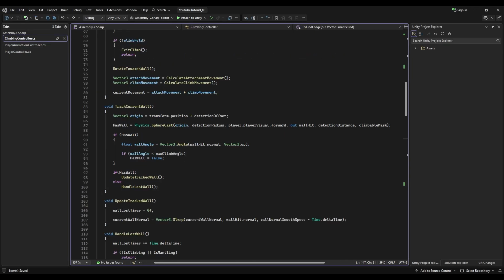One last thing, in the climbing controller TrackCurrentWall, we're calculating the ray origin using the detection offset directly, which makes it world space. So to convert that into local space, we'll use transform.TransformDirection and pass the detection offset